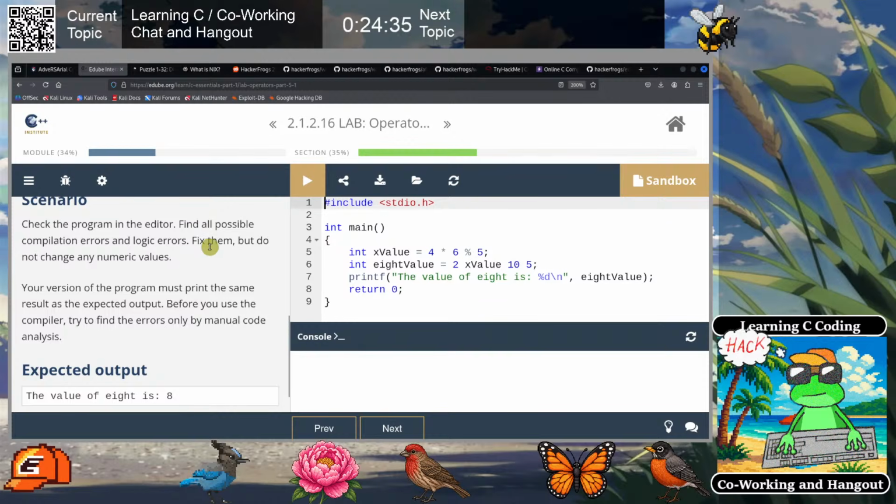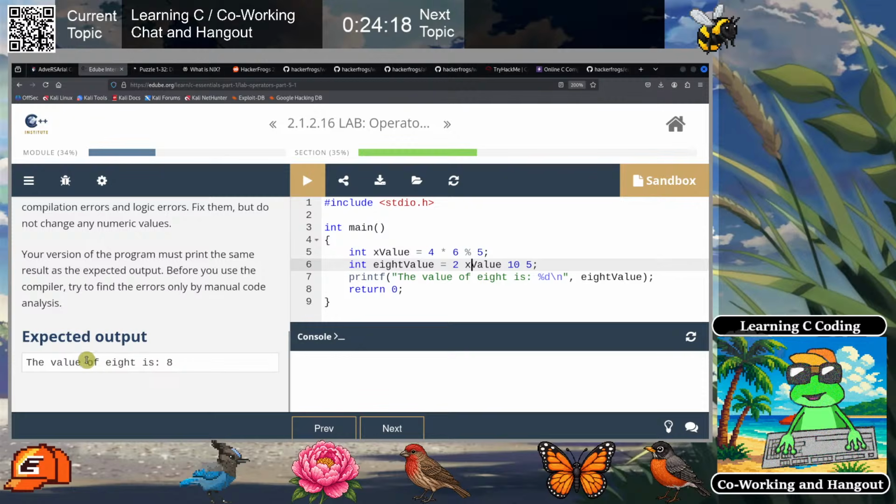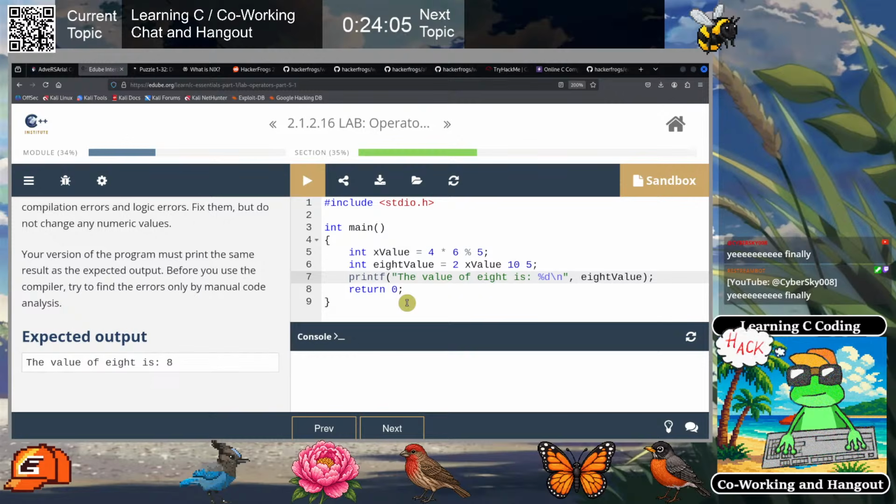Okay, let's see. Fix the compilation errors and logic errors, but do not change the numeric values. So we can't touch the numeric values. And I'm also guessing that we can't touch the... well, maybe we can change the operators. Okay, so the expected value is the value of 8 is 8 with 8 value. Yeah, finally. Okay, so x value equals...